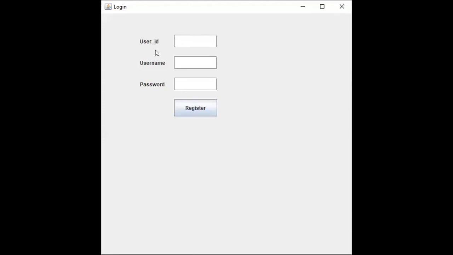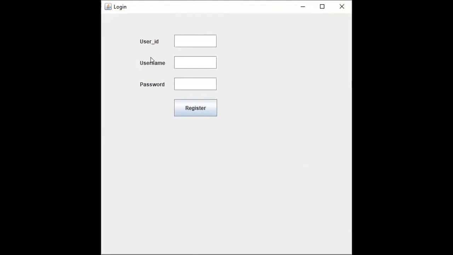So check it out. What have I used? I have used 3 fields: user ID, username, and password. And I have used a button called the register button. To create this particular form, I first have to create this frame, and inside the frame, I have to add 3 labels.